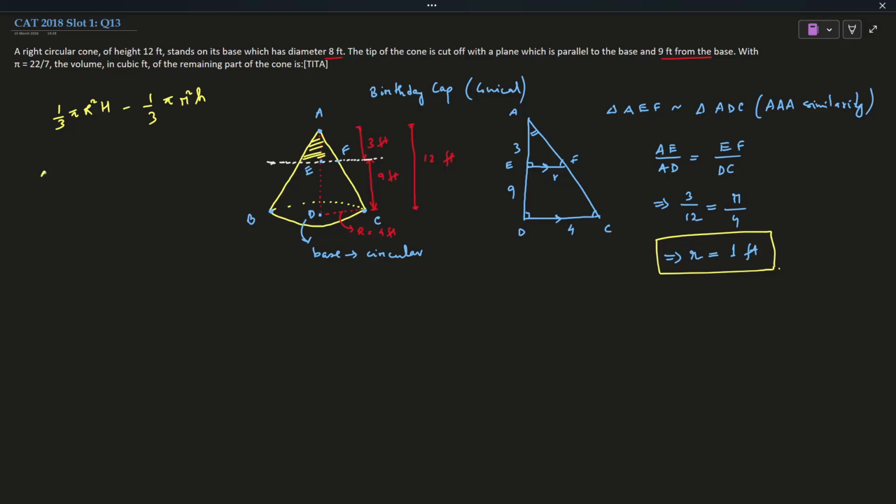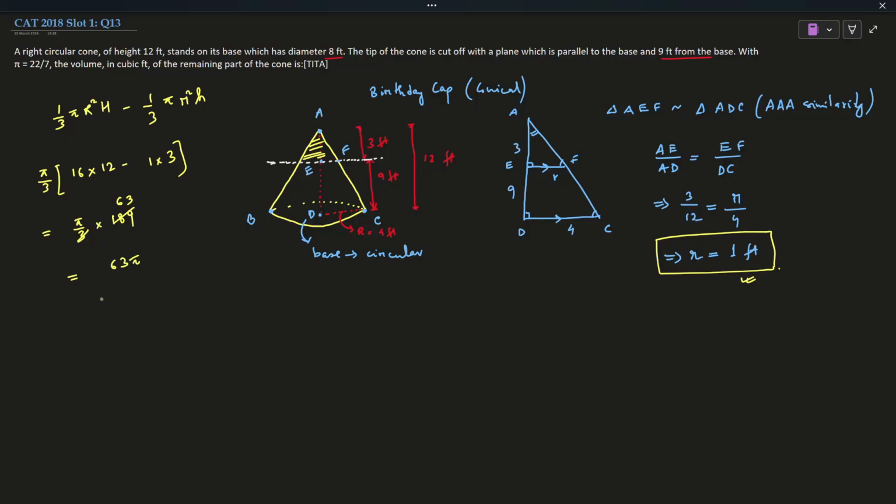That means I can take pi by 3 common. R square is capital R square, right? Capital R is 4, square, so 16 into the height. Height is 12 minus r square. r is 1, right? So 1 square is 1 into height. Height of the small cone is 3. So this will become pi by 3, 16 into 12, so 16 into 10 is 160, and 2 into 16 is 32, so 192 minus 3, 189,